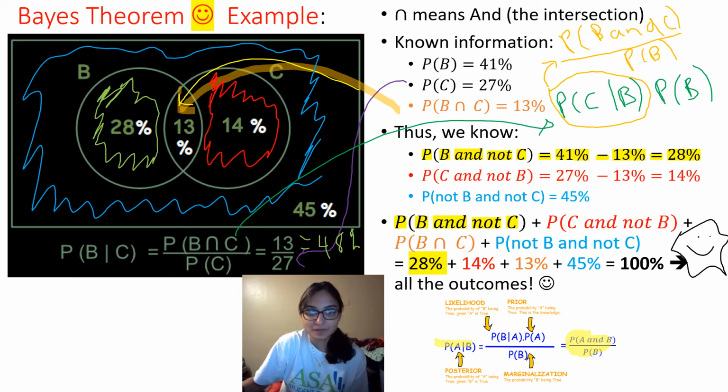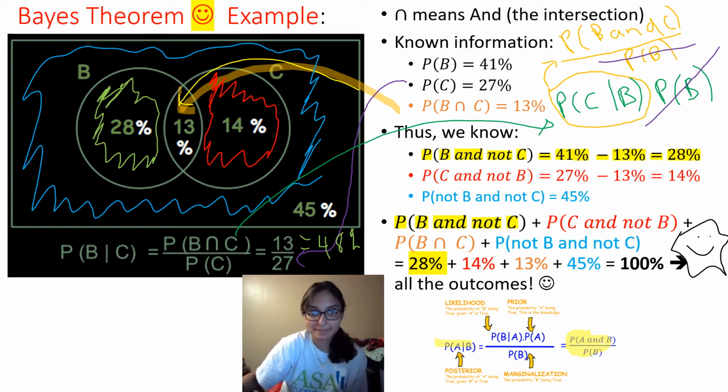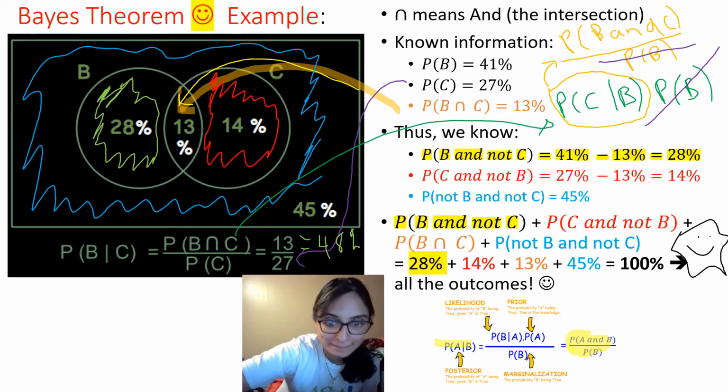So what you're going to see is that if we try multiplying them all together, this part will just cross out with this part. And then we're just left with the probability of B and C, which is exactly what this is on the top. So it's equivalent either way that you do it. It's exactly equivalent. So now you can see that the probability of B given C